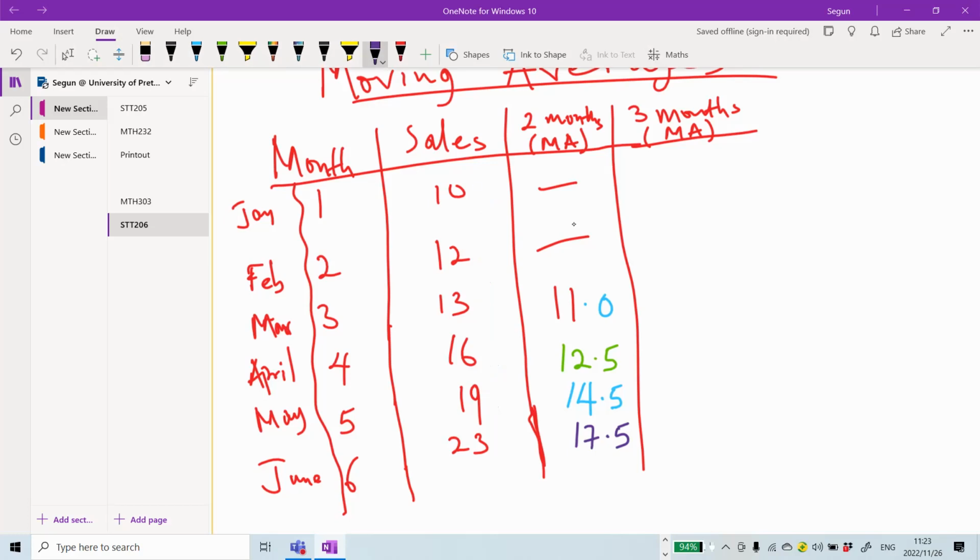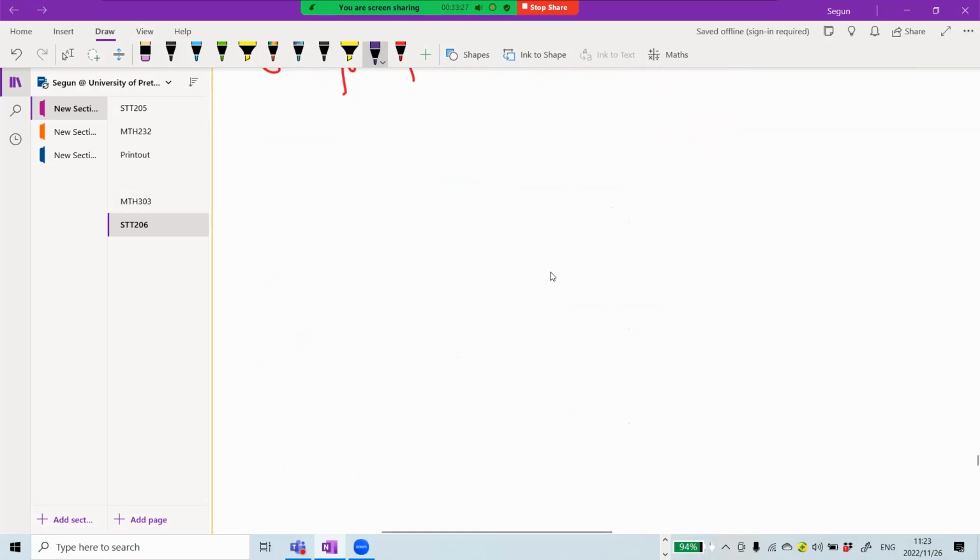The first 3 months will be this one. 1, 2, 3. So add it together and divide it by what? By 3. The number n will determine, we call it, that n is the number we use to deal with it. So as a matter of fact, some people believe that the formula here, look at this formula, that is